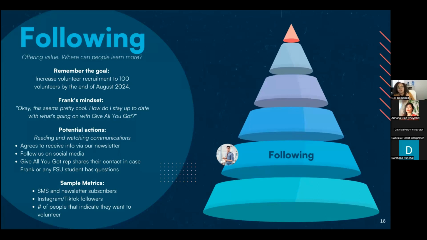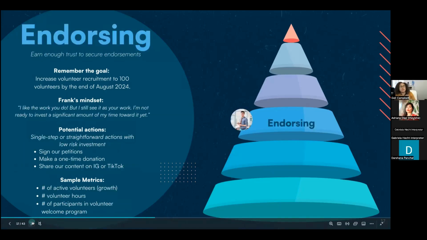Now, I caution you to remember that Frank, like all of us, is constantly being bombarded with communications from all sorts of sources. There are lots of things competing for Frank's attention, whether it be work, school, social media, friends. So we want to make sure that the content we create and the communications we send out focus on breaking through the noise, because we want to make sure that it grabs his attention, so that we can move him to level 3,